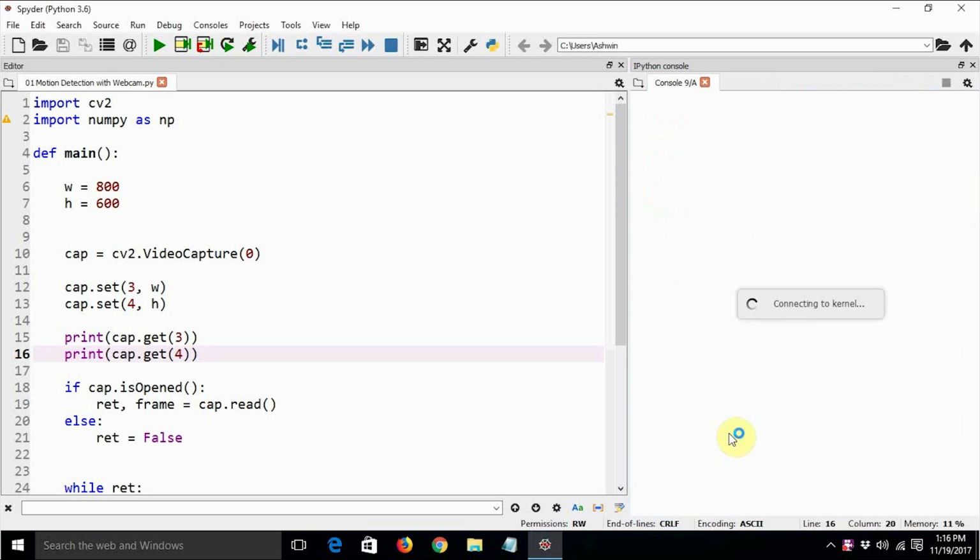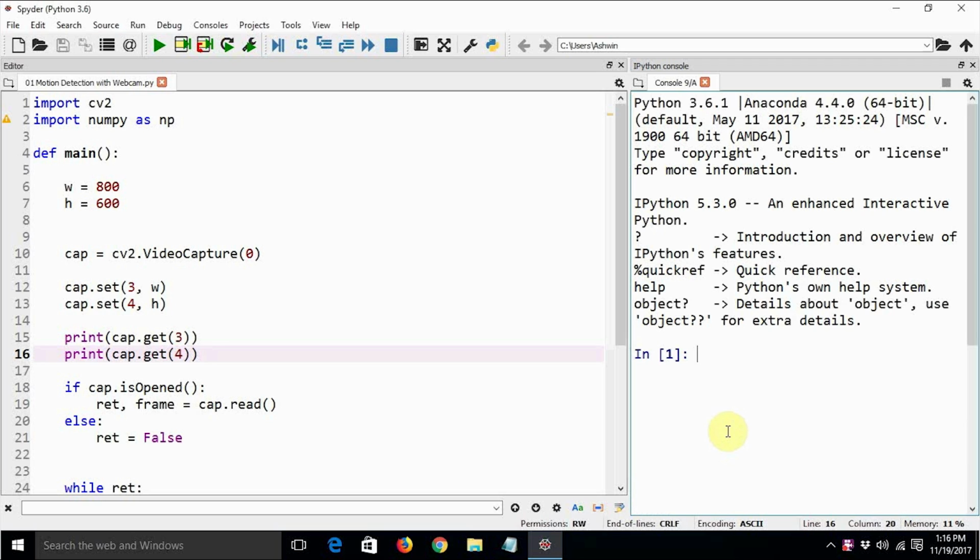In the last tutorial we saw how to create contours. So in this tutorial we are going to create a project using the webcam and all the concepts of OpenCV that we learned earlier. We are going to create a small application for detection of motion using the webcam. We are not only going to detect the motion, we are also going to track it.